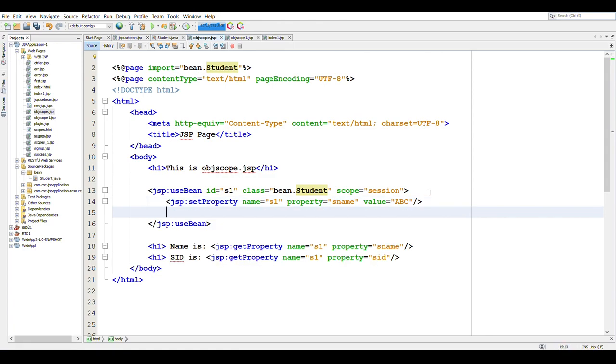We'll do the same for sid. Now when we run this code, we will get the values of ABC and 23 in place of name and sid.